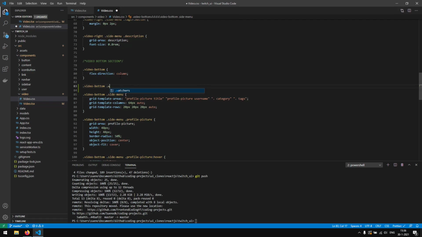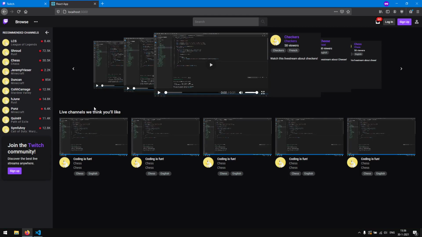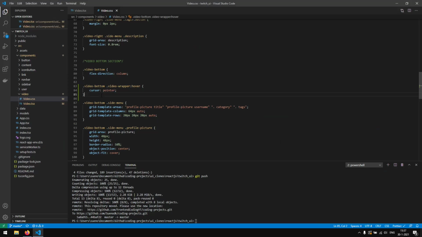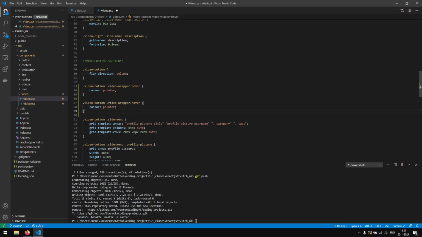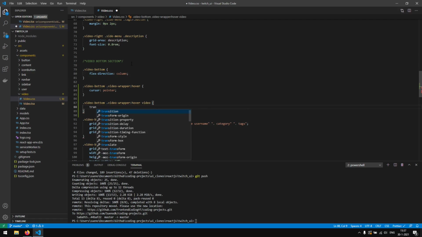Save it up. We're going to target the video wrapper. When we hover over this one, we want our cursor to become a pointer, like so. And then we want our video to pop out of the screen actually. So let's see, when we hover over this, we want our cursor to become a pointer. And then, let's see, we want our video to have a transform. And we want to translate it by 0.5 rem, minus 0.5